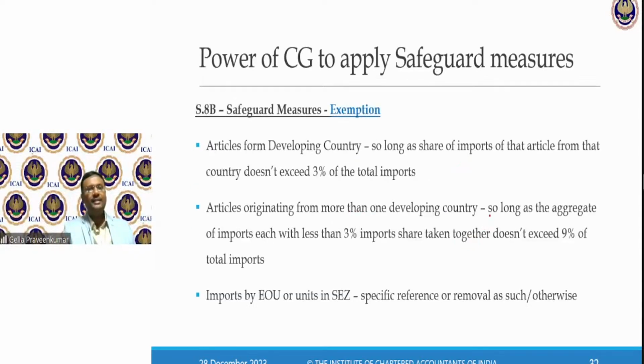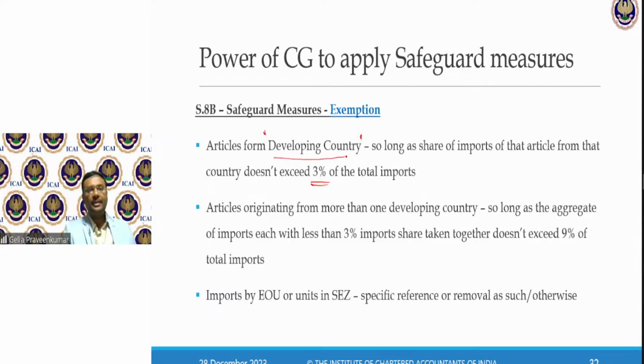So this particular safeguard measure has an exemption for articles from developing countries, so long as the share of imports of that article from that country does not exceed 3% of total imports. So here they are saying that I am going to impose a safeguard measure, and to get away from it, I will give a relaxation to developing countries.